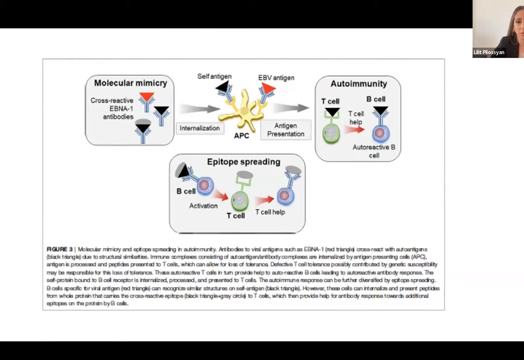So the term is molecular mimicry. The EBV virus has this EBNA antigen, which we create antibodies to. And it's this red triangle right over here. However, this EBNA is very similar to a self-antigen that we as humans contain. It could be a nuclear antigen or a protein. And so we start developing antibodies. So our antibodies bind to this EBNA